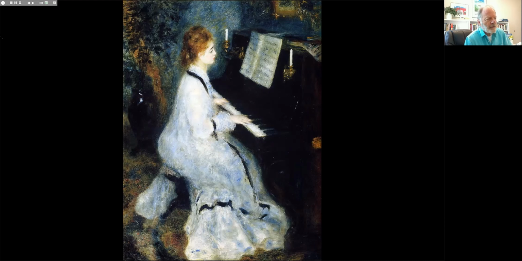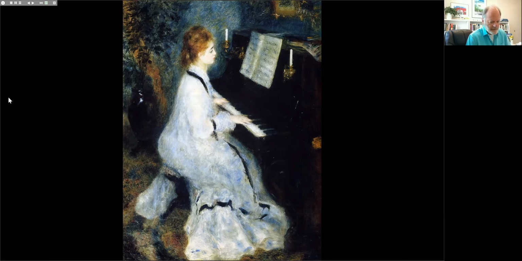Unlike the Caillebotte painting, where we see Caillebotte's brother quite seriously engaged in playing music, and as I remarked earlier, the only painting I know of offhand of a male at the piano, Renoir's women are elegantly dressed and they seem less seriously engaged.